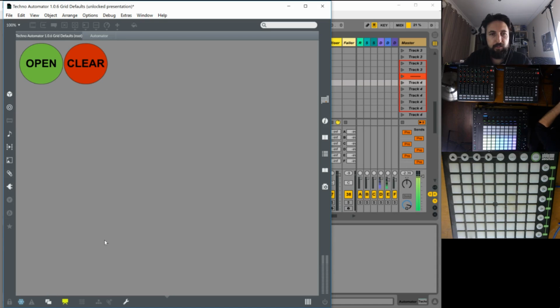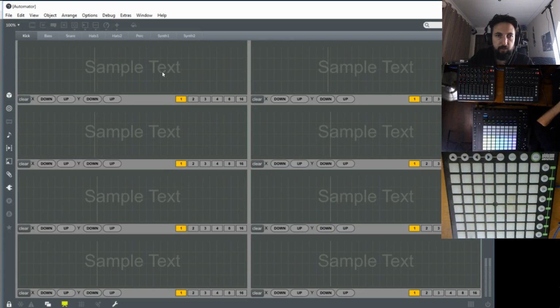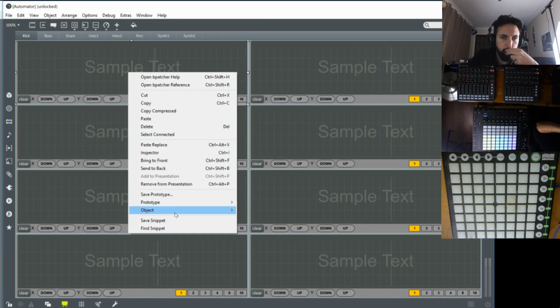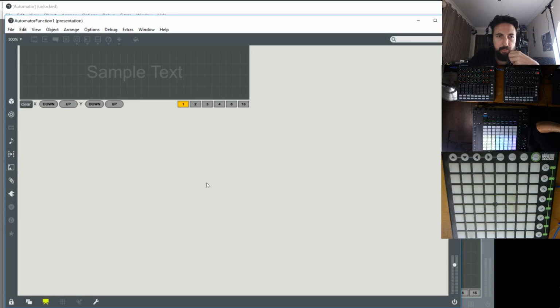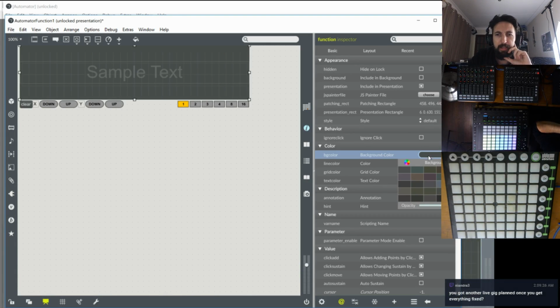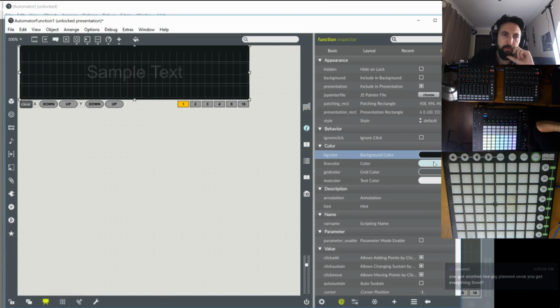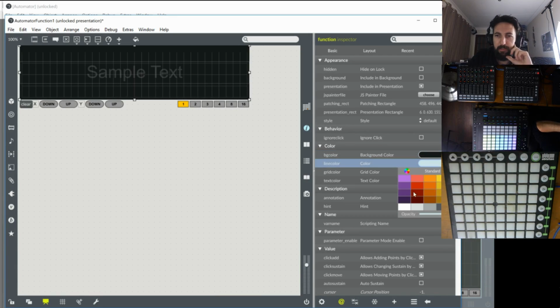Okay, let's unfreeze it. Let's go in here. I think that's a good suggestion. So let's have a look at it here. We just simply need to click on it. So we've got the background color. I might actually make the background color black. We've got the line color, which is blue. I might make it more extreme, maybe make it a green. The grid color, I could make it...